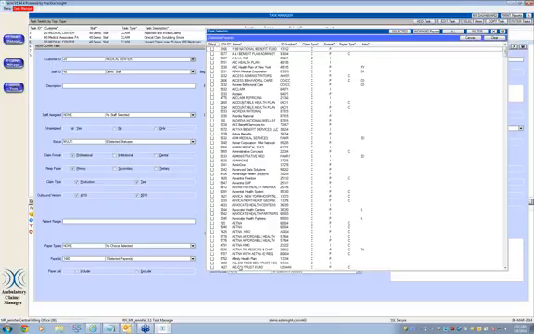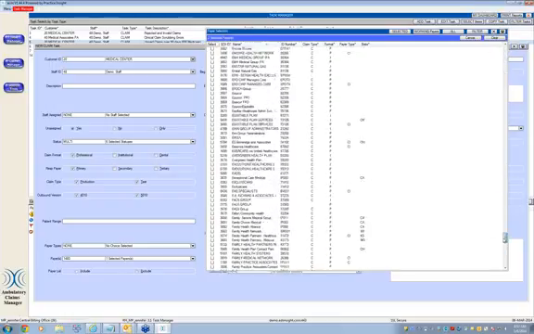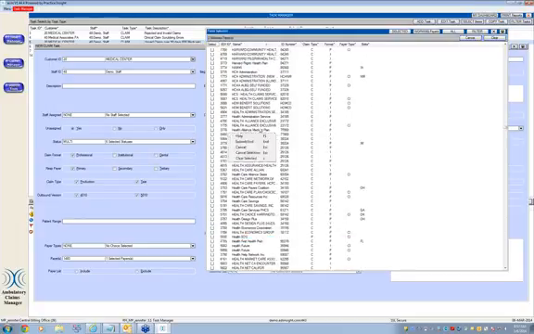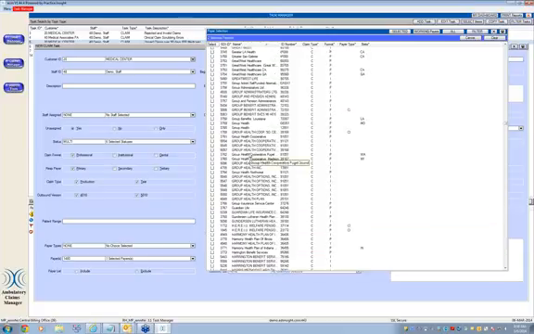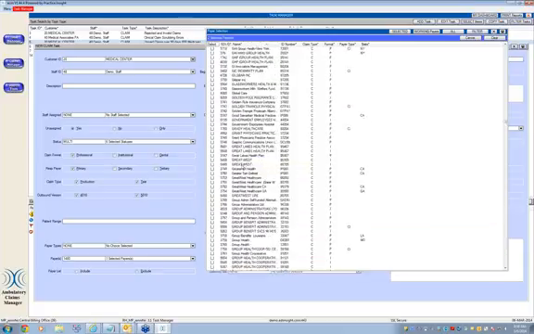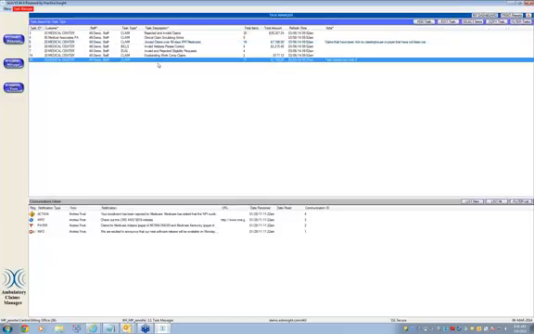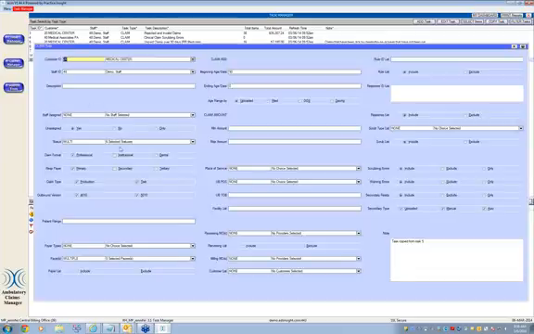Let's do it this way. We'll just pick one, the Medicare. How about we choose, we'll just do Great West. Okay, we'll see if they have any in here. Okay, when I save this, now I have a new group with the same criteria that was set up under the railroad, just with different payers, and then I can name this one